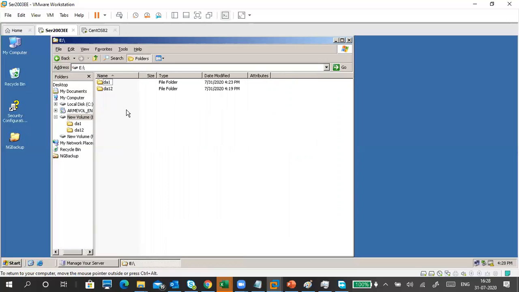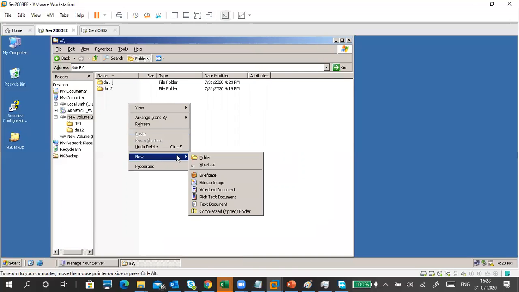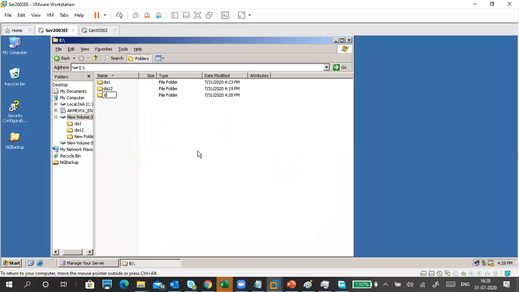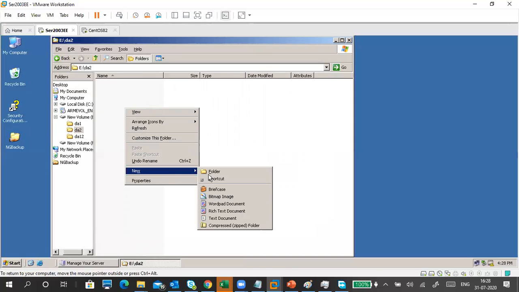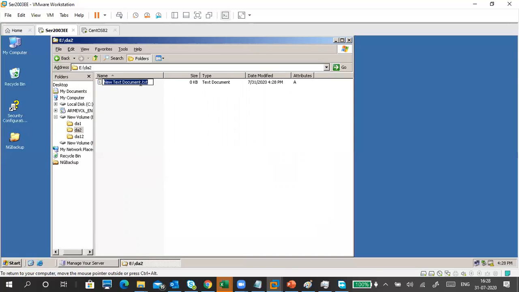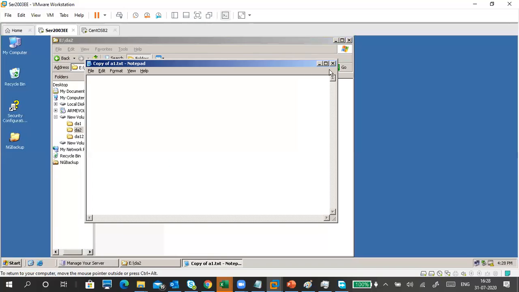I'm going to create another directory, new folder, DA2. Here I'm going to create new files. A1. So I created almost 4 files here.